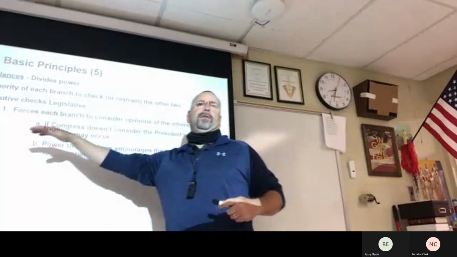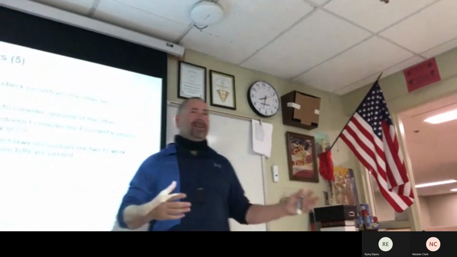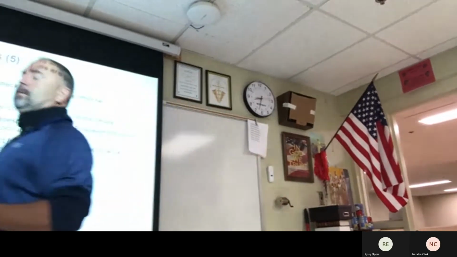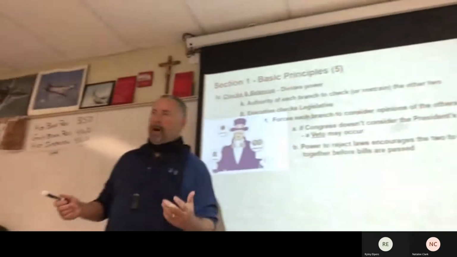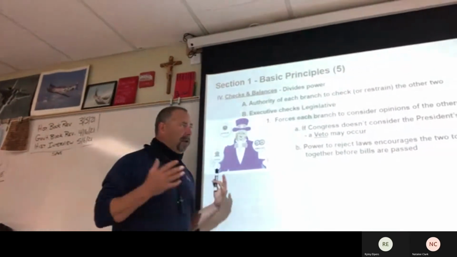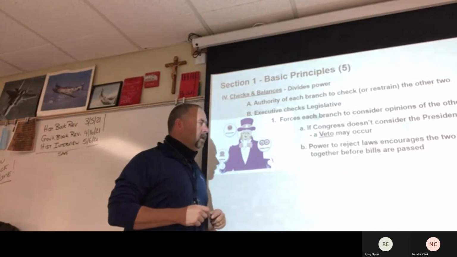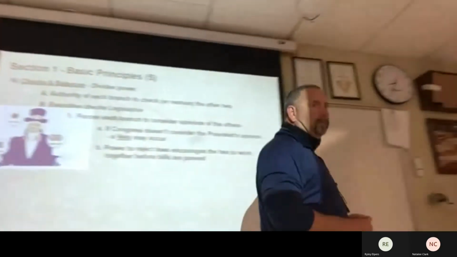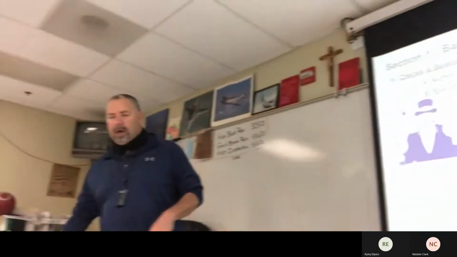So this forces the legislative branch to think what the president's going to do with this, right? Should we pass this even though the president has threatened to veto? Well, that's going to cause gridlock, which is not that big of a deal, okay? But they may want to think about what the president's going to do before they pass something, okay? Because if the president doesn't like it, he may veto it. This encourages the two to work together, okay? Now, obviously, you have the Democrats controlling both houses and the presidency, so they're probably working in close contact with each other.